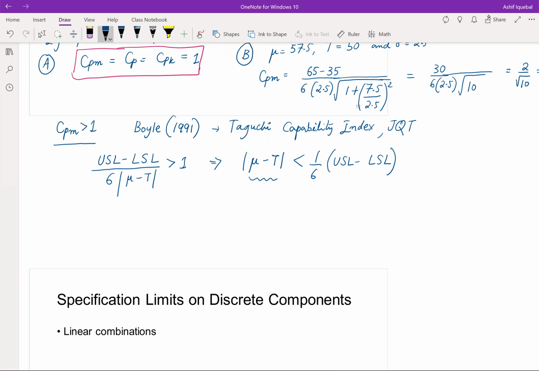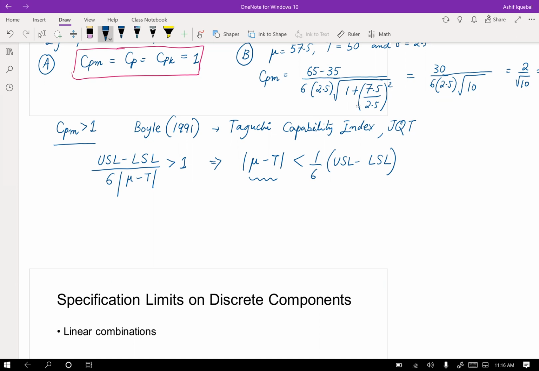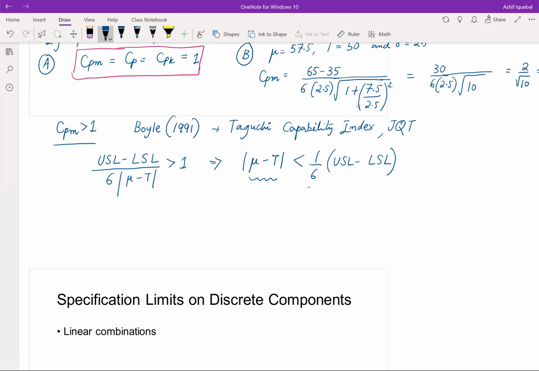Mu minus T. It tells you that if you want CPM to be greater than 1, you need to make sure that the deviation in the process mean should be less than 1/6 of the width of the specification limits, right? So this is the deviation in process mean